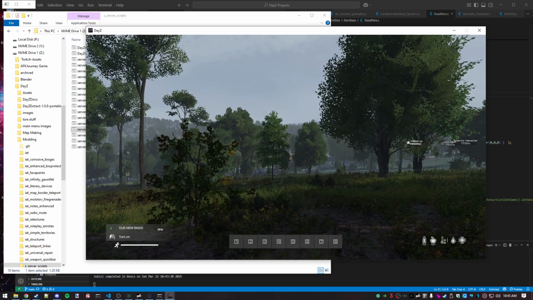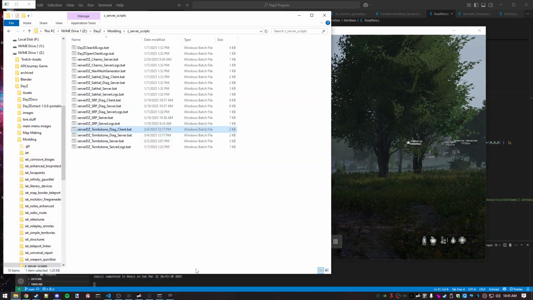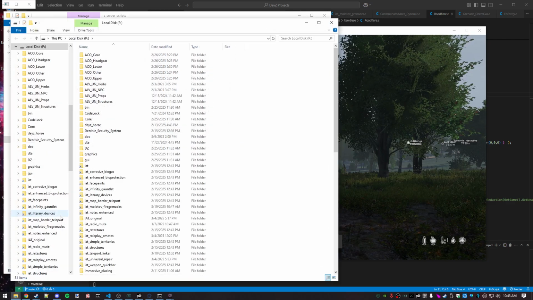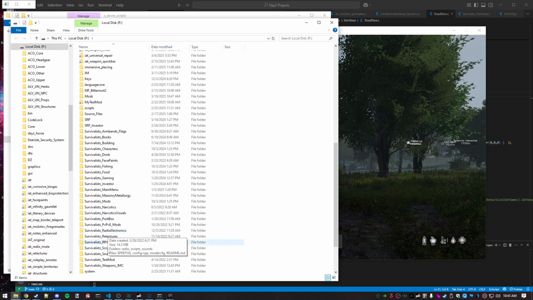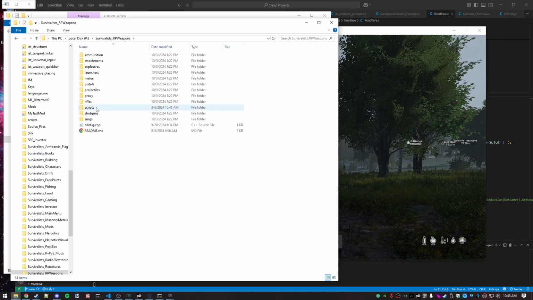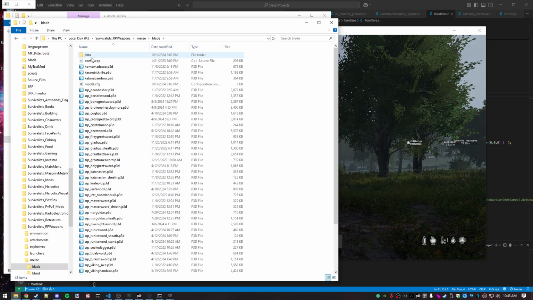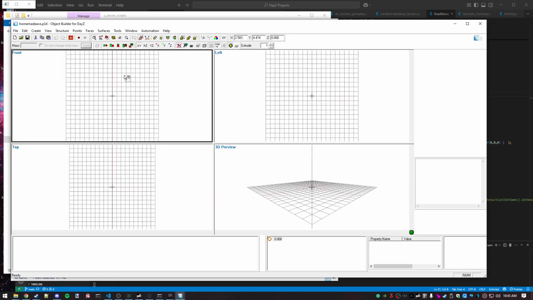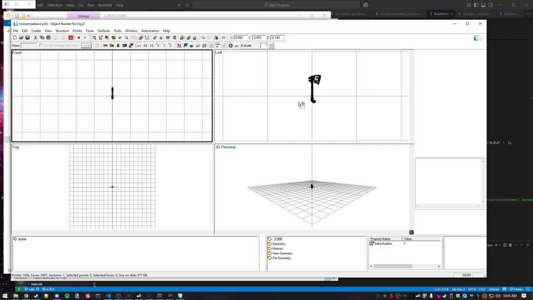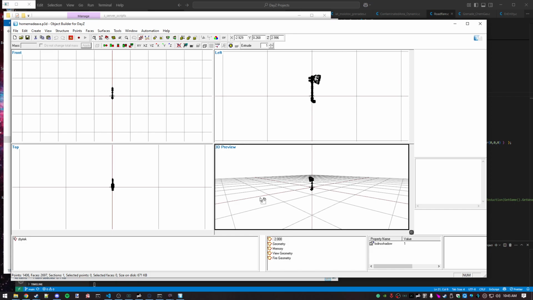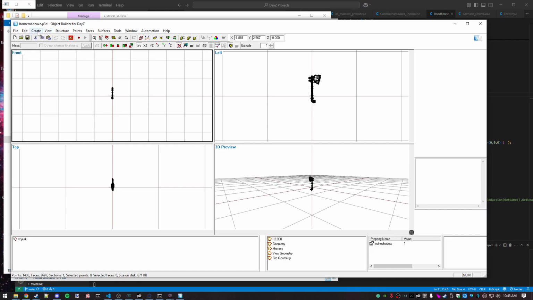Can you show later how to add a proxy in Object Builder? I mean, I'll do it right now. It's easy. Well, air quotes easy. Go ahead and just open up a weapon, melee blade. Let's do homemade axe, right? There are a bunch of videos that go over how to set up Object Builder, so I'm not going to go over how I have it here, but all you gotta do is go up to create proxy, boom,